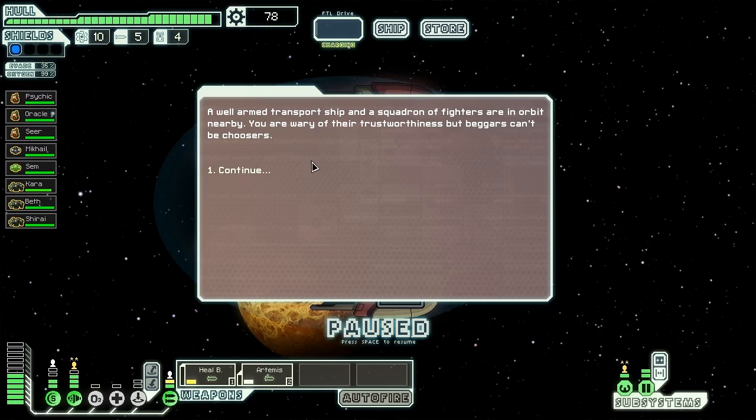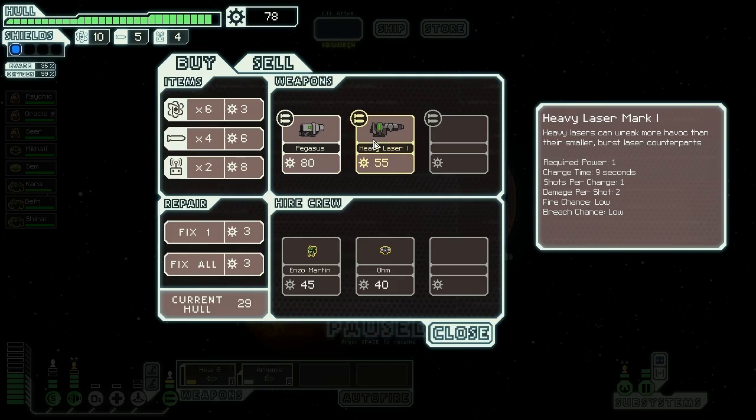A well-armed transport ship and a squadron of fighters are in orbit nearby. We're wary of their trustworthiness, but beggars can't be choosers. They have a heavy laser Mark 1, which is literally the worst. This is the worst. Pegasus missiles are good, but, like...